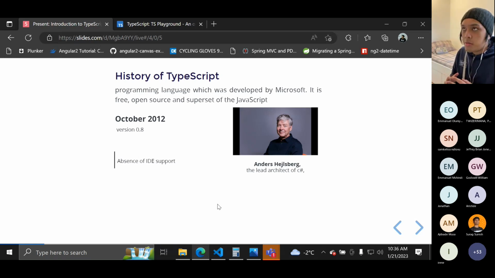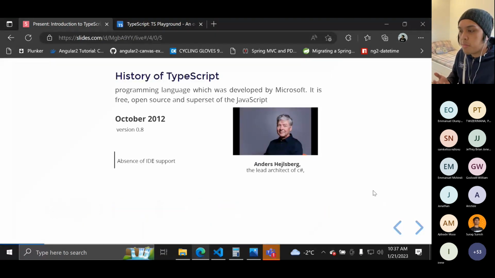Then TypeScript was really one of the programming languages that advances the way we develop, because it's a superset of JavaScript. It's actually a really big improvement since JavaScript is an implicit data type, but TypeScript is explicit, and it offers a lot more features compared to JavaScript. But on the other hand, it also has disadvantages when you use TypeScript.